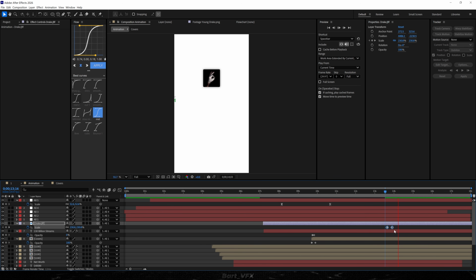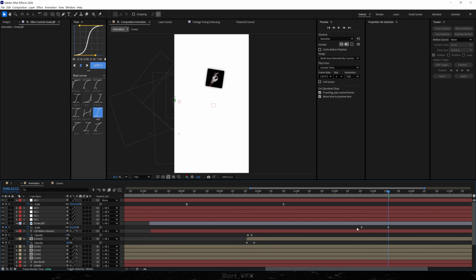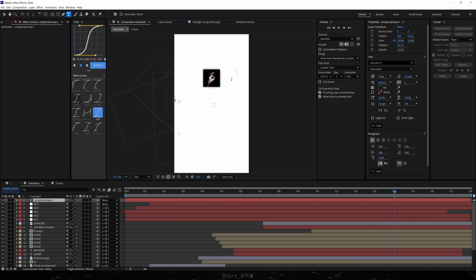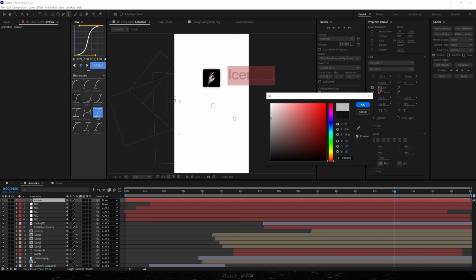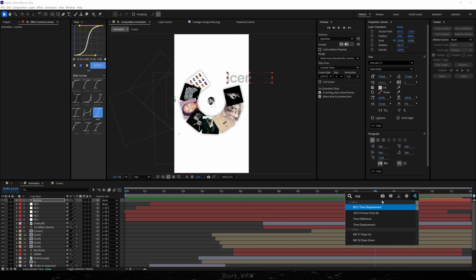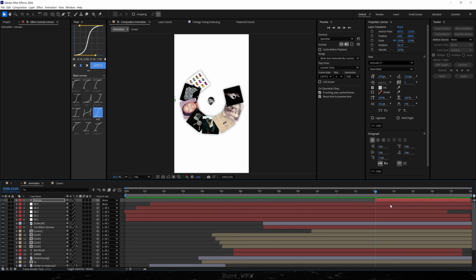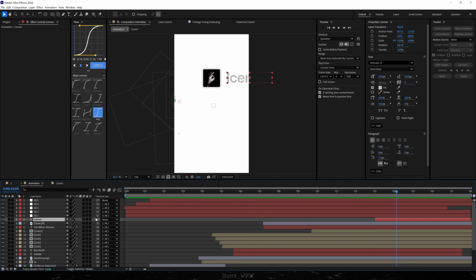Now let's go ahead and apply mid graph. And here we're gonna type in Iceman. Now I'm gonna bump up the font size and we're gonna change the color to something like that. Let's hit OK. And here also I'm gonna use one of the text animations from Motion Essence. Let's take maybe merge. I'm gonna place the text layer right over here and then I'm gonna attach it to